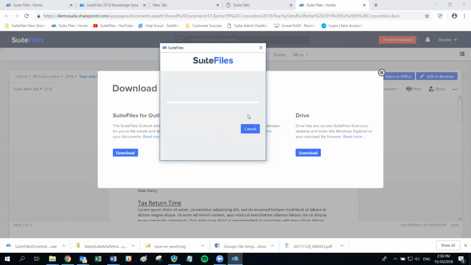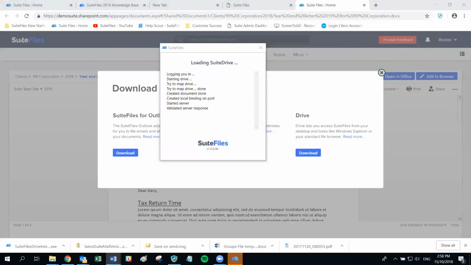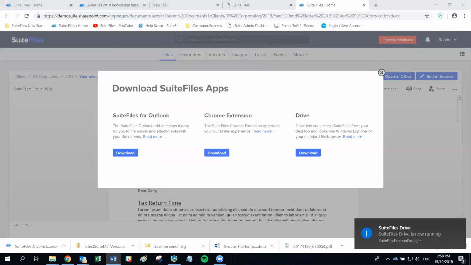And click Login to SuiteFiles. Cool. So once you see that notification,